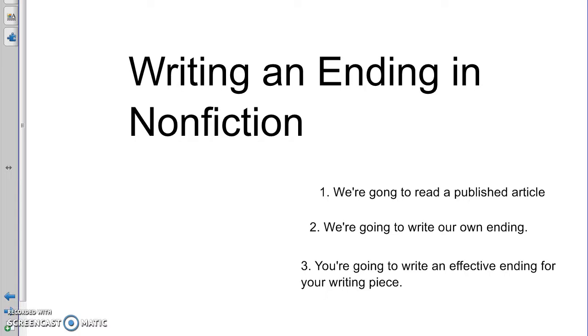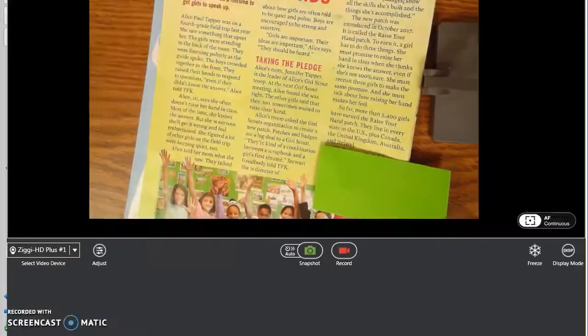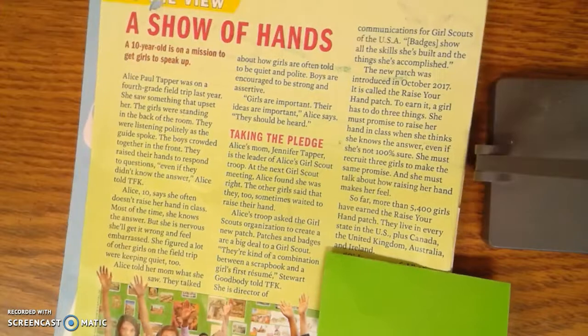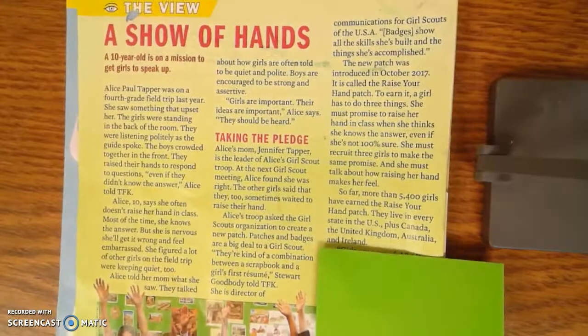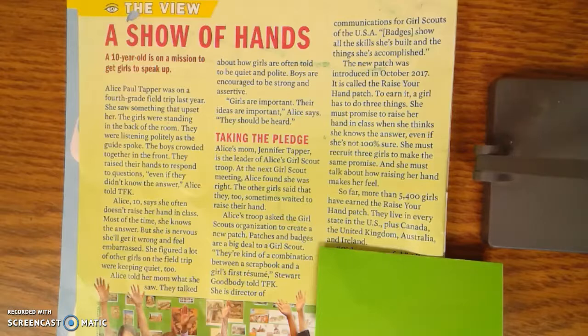Now we're going to get started. I'm going to display one of these articles for you so you can read it to yourself. Zoom in now. All right, that looks good. Let's make it not tilty. You can see I covered up the ending right there. There's a reason I did that. We're going to talk about it and see if we can figure out why I did that. Pause the video, read this article to yourself so you're prepared to talk about it right now.